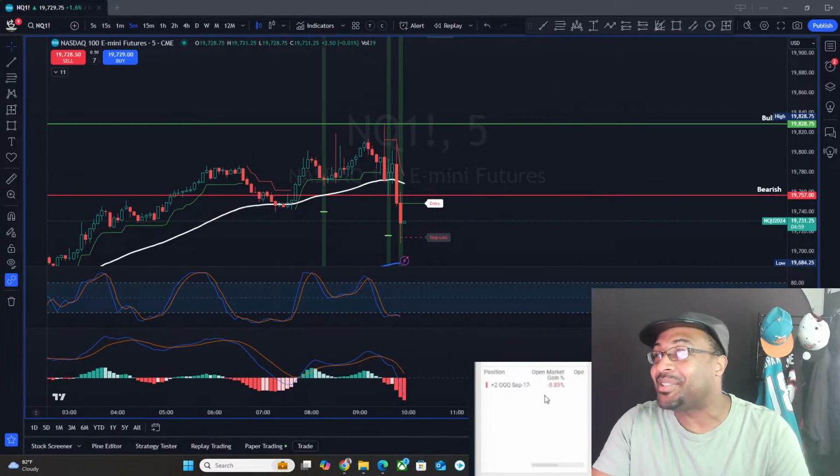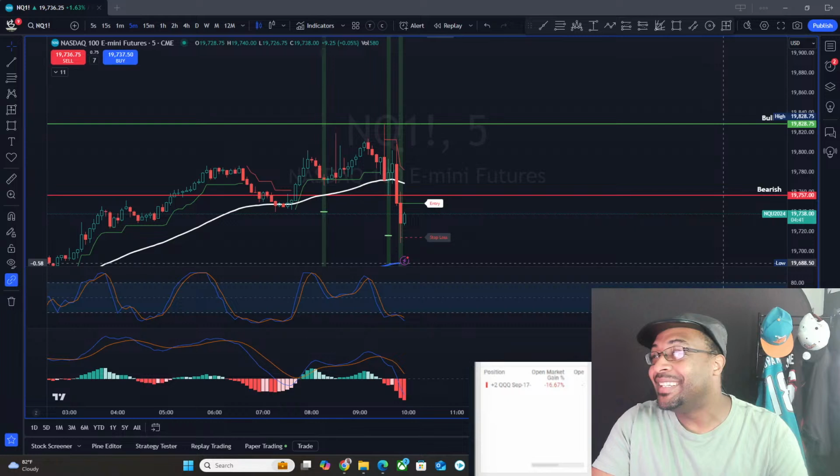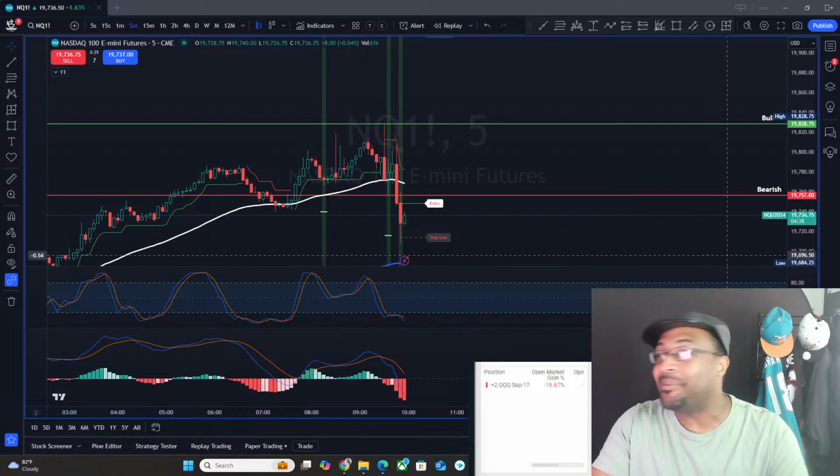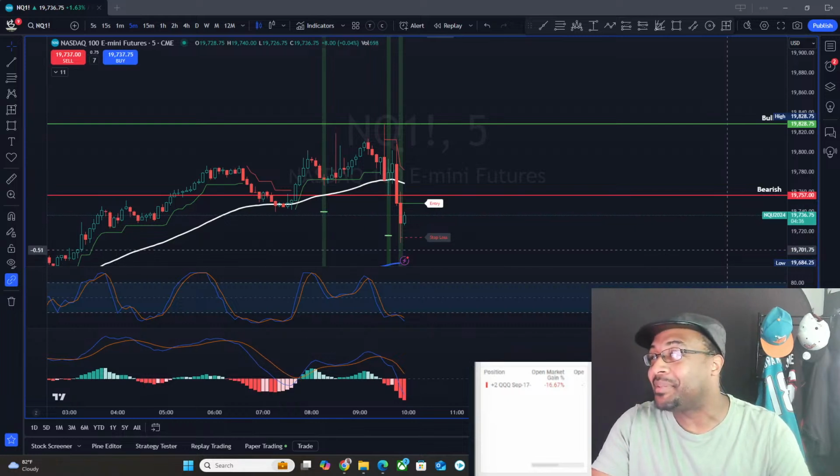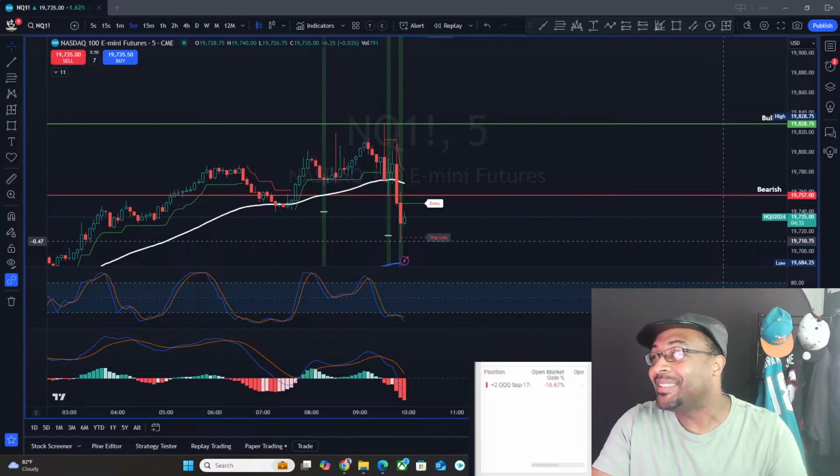I'm gonna hold on to these two and see if this thing can sweep some lower points. But my target was roughly around 19,710, and that thing springboarded. Oh, this thing might be a jerk about it. That might be what they were looking for from the Bulls' perspective to push this thing right back up. Not cute, not cute at all. Let's see if the Bears can step in.